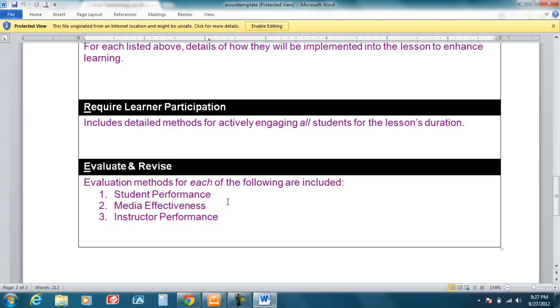And it's important that in the evaluation and revision section that you address not only the student performance, but also the effectiveness of your media and then your own skills as an instructor. So there's a number of different ways that you can measure those. When you're discussing the performance of students, obviously you have assessments for that. So whether that's quizzes or tests or through creation of a project or measurement of certain performances, then your media effectiveness would be measured most likely through more reflective activities, observance of the classroom environment,